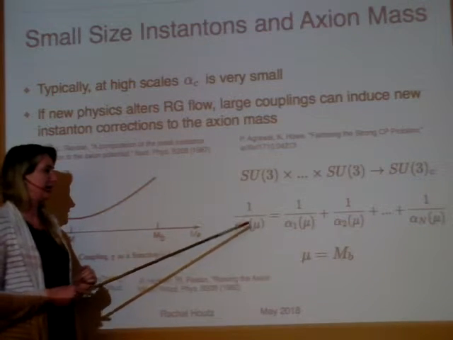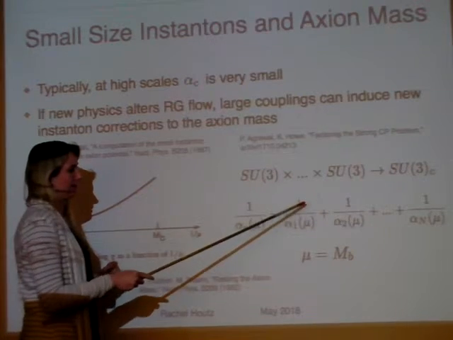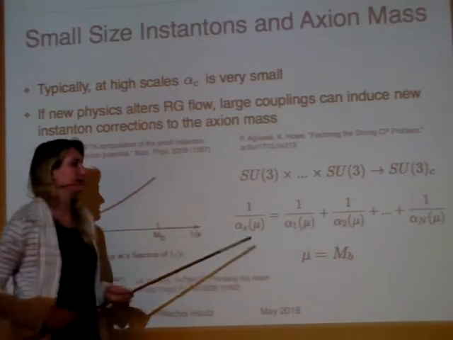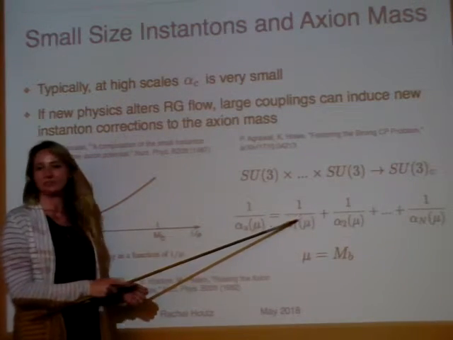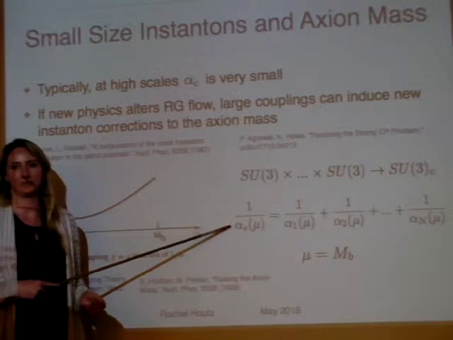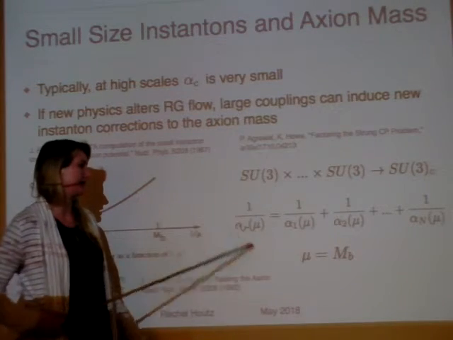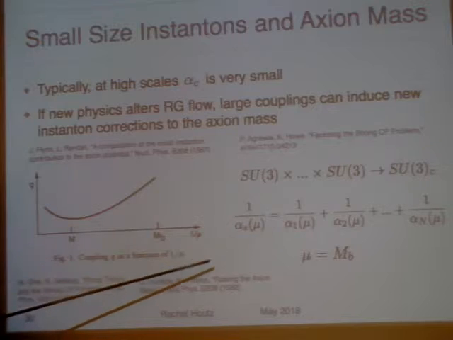At the breaking scale, the gauge coupling for QCD is related to 1 over the first exotic gauge coupling plus 1 over the second exotic gauge coupling all the way up. And so one of these could be huge, right? And it would have a very, very small contribution to the phenomenology of QCD, or to the gauge coupling value at that scale. And so they were able to sort of pump up the QCD values.